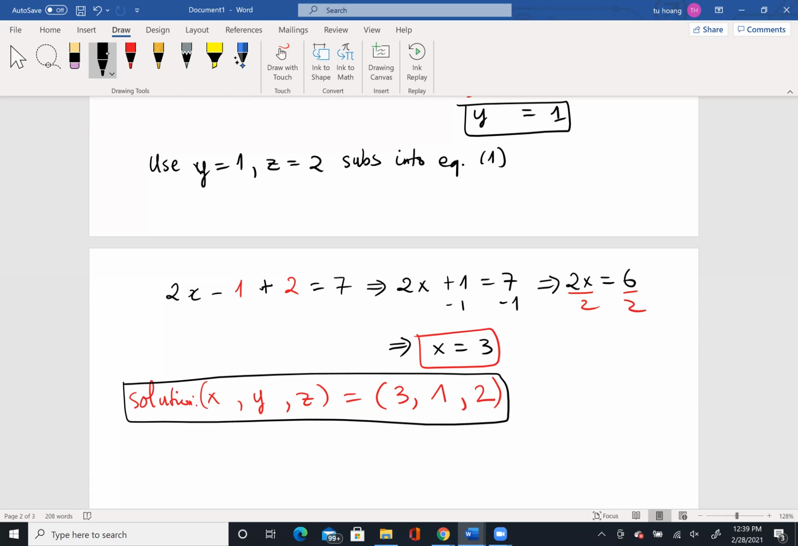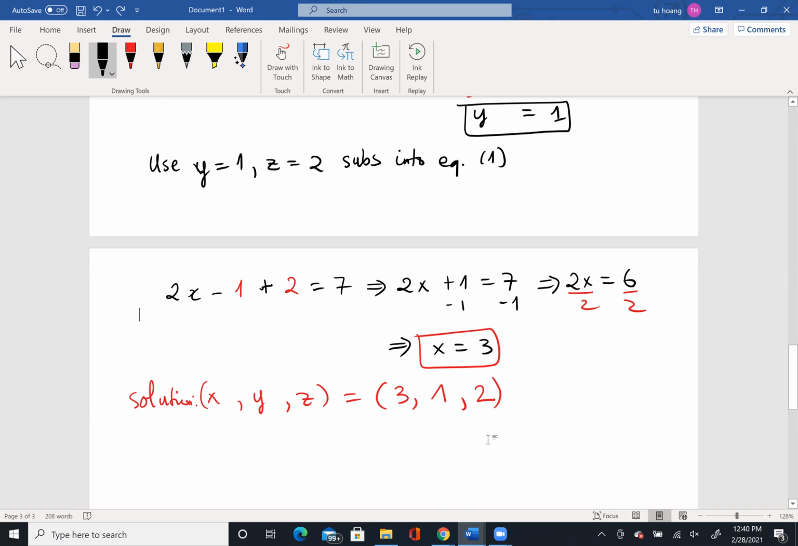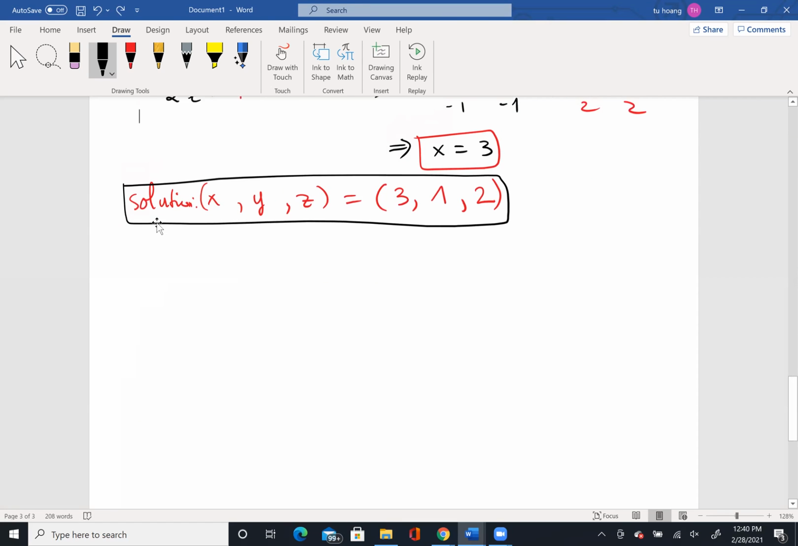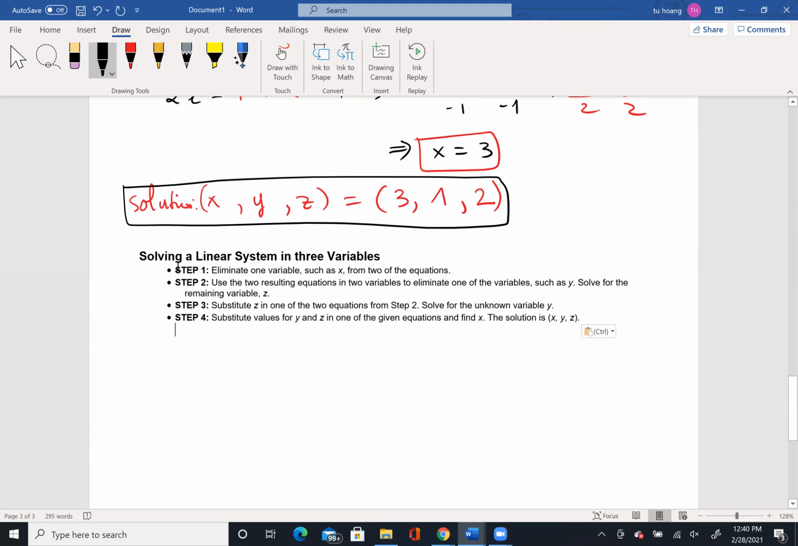Okay, so let me make a summary for this. Okay, so to solve a linear system in 3 variables,